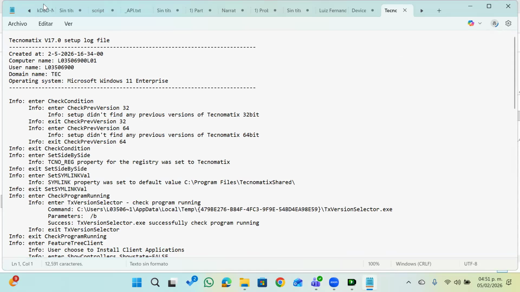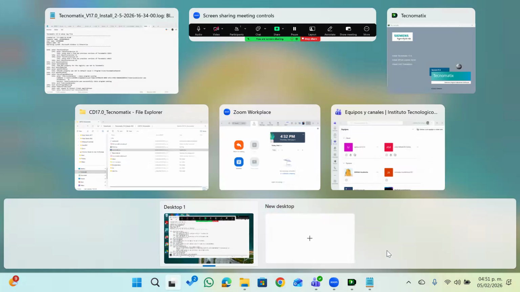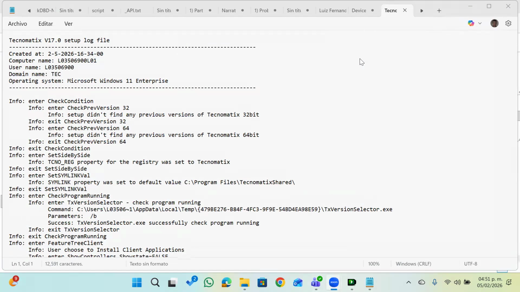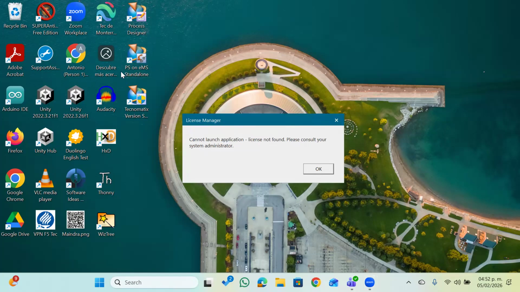Yes, you have here the script about the process. Okay. And I will open a new desktop, and I will verify our program installed on my desktop. If you try to execute the system, you will receive a message about the license key that is necessary to run. The correct software is here, PS on EMS standalone. Okay, license manager,